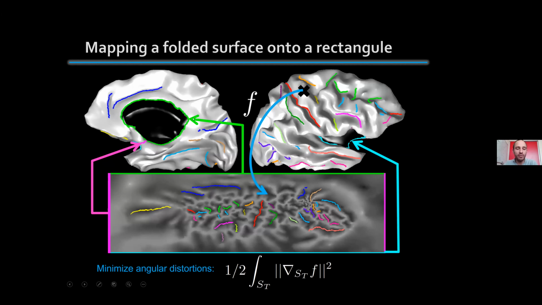Here is the implementation itself. In order to flatten the brain onto a rectangle, we first have to cut the surface. We have good reasons to do that, first around the corpus callosum and also around the insula. That makes sense biologically because the organization at the cellular level is different between the insula and the rest of the neocortex. We need another additional cut, and we do that just by searching for the shortest path between the two other regions. And it works, let's say, for today. We do that by minimizing a given energy, but I'll skip that for today.